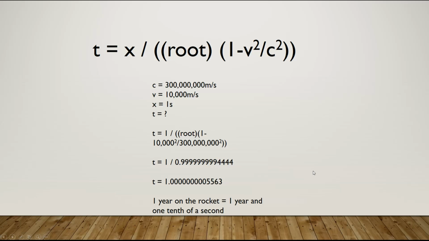So as we go a lot faster now, we're going now at half the speed of light. Everything else is staying the same. We're still dealing with 1 second. We plug in the 150 million meters per second here, and now we're going to get 1 over 0.866025. So we're going to get an approximate 15% increase in the amount of time. 1 year on the rocket, 1 year of what you perceive to be a year on the rocket, is going to actually look like a year and 2 months on the outside of the rocket,